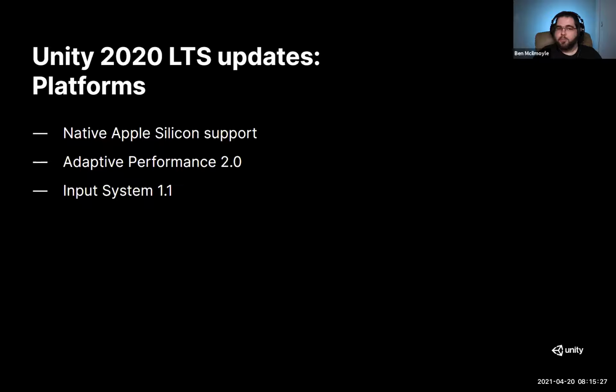Again, as a Switch developer, as a console developer for years, input systems was always really a pain and a hassle. The more we can bring of the new input system, the better. I've been using it, really enjoying it. I can pretty much pick up any controller from the new next-gen consoles back to some pretty old school stuff, and it all just works. It's like magic. So definitely check out the input system if you haven't started using it already.